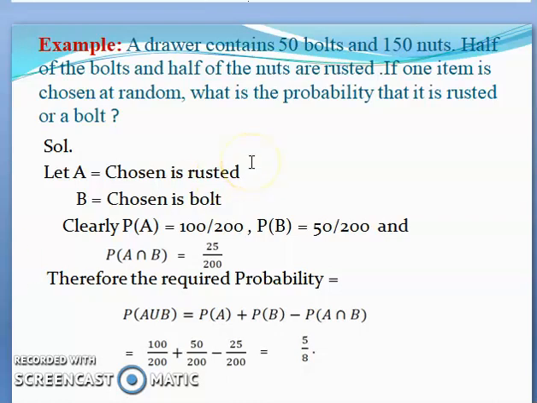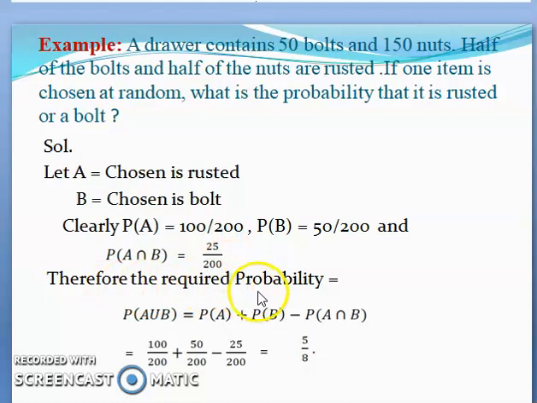Let us take an example on addition. A drawer contains 50 bolts and 150 nuts. Half of the bolts and half of the nuts are rusted. If one item is chosen at random, what is the probability that it is rusted or a bolt? Let A be chosen rusted, B be chosen is a bolt. Clearly probability of A, P(A), is 100 divided by 200, because 200 is the total sample. Probability of B is 50 divided by 200, and probability of A intersection B is 25 divided by